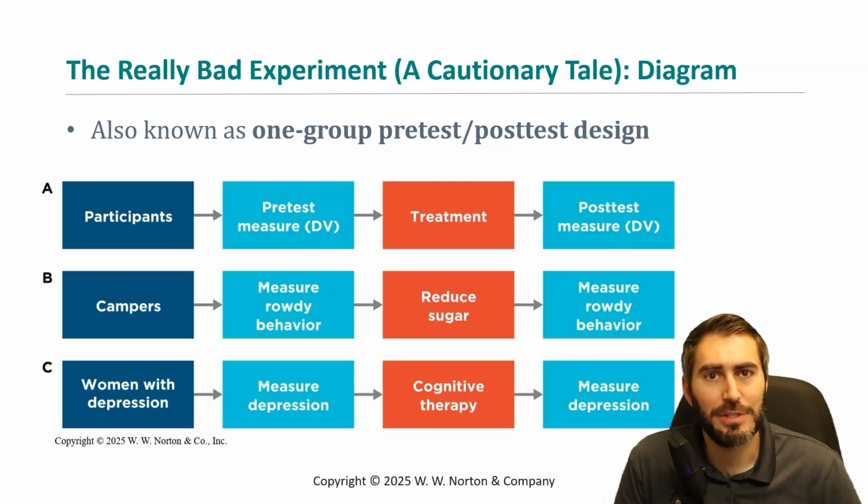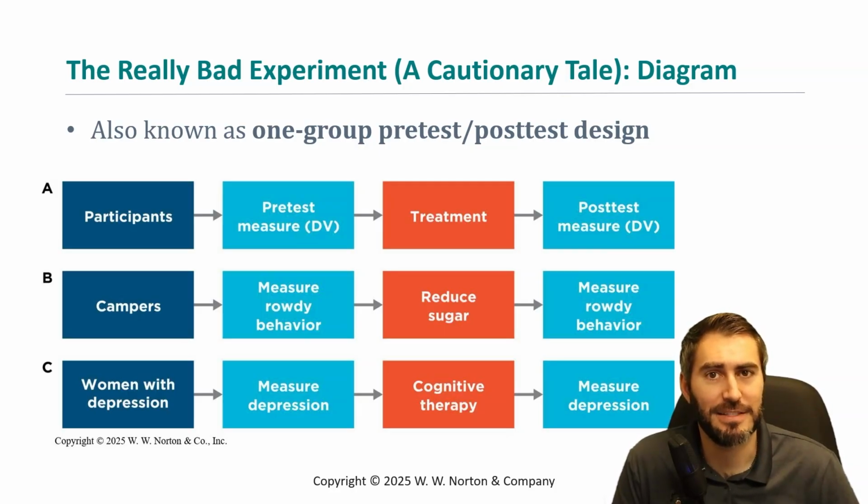The first example study, outlined in line B in the diagram, describes Nikhil, a summer camp counselor and psychology major who has noticed that his current cabin of 15 boys is an especially rowdy bunch. He's heard a change in diet might help them calm down, so he eliminates the sugary snacks and desserts from their meals for 2 days. As he expected, the boys are much quieter and calmer by the end of the week,